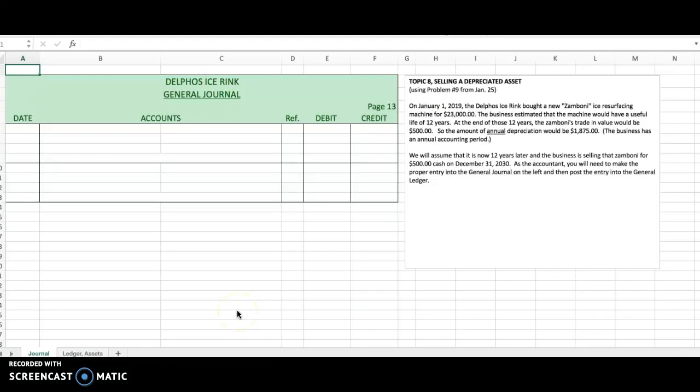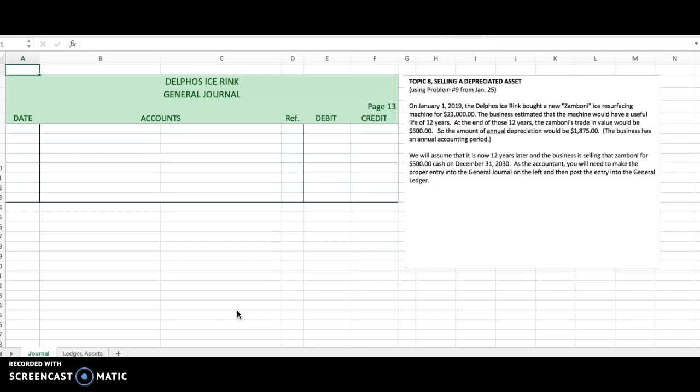You have now completed a couple of problems dealing with depreciation. You had to calculate and then record into the journal and into the ledger transactions involving depreciation. As you know, major assets of a business eventually wear out, and in order to keep our books as accurate as possible, accountants need to calculate and record either annual or monthly depreciation, depending on the accounting period that a